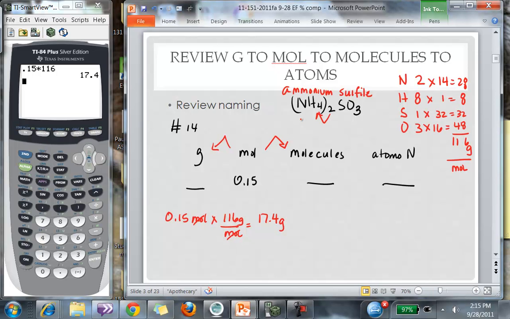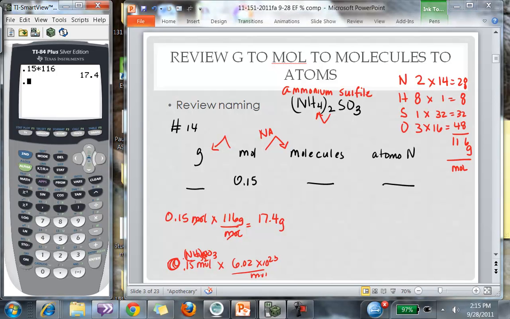To go from moles to molecules, I will use Avogadro's number. So I have 0.15 moles, and there are 6.02 and I'm going to put that I've got moles of ammonium sulfite. And so 0.15 times